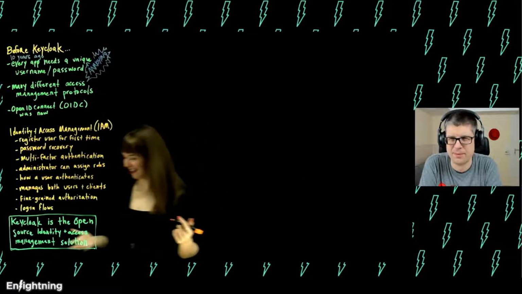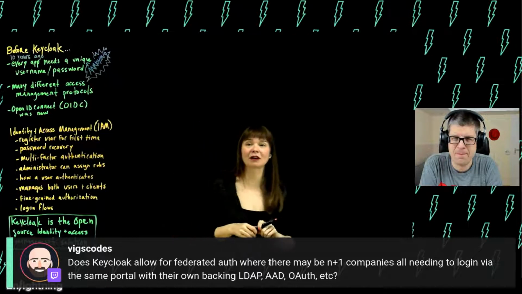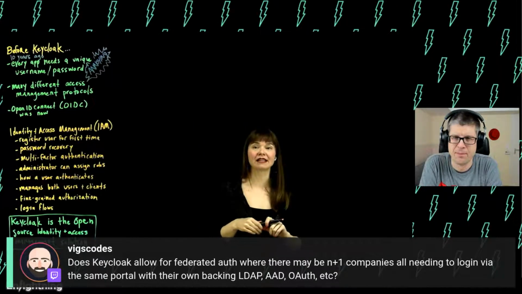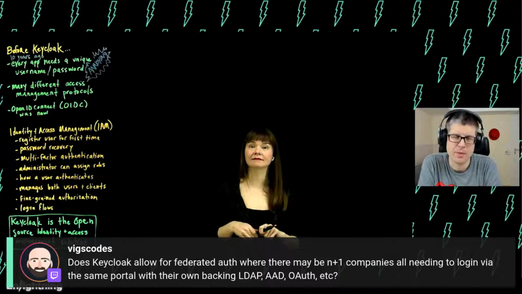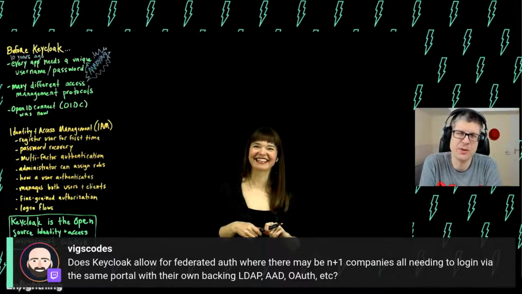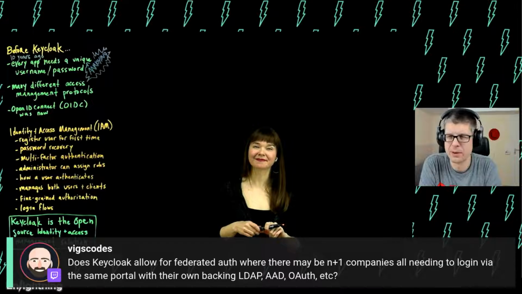Does Keycloak allow for federated authorization, where there may be N+1 companies all needing to log in via the same portal with their own backing service? Yes. The short answer is yes. So you can have a login screen with a button for GitHub, but maybe also another button saying I want to do federation with another company. That might then be OpenID Connect or OAuth, as you say there.